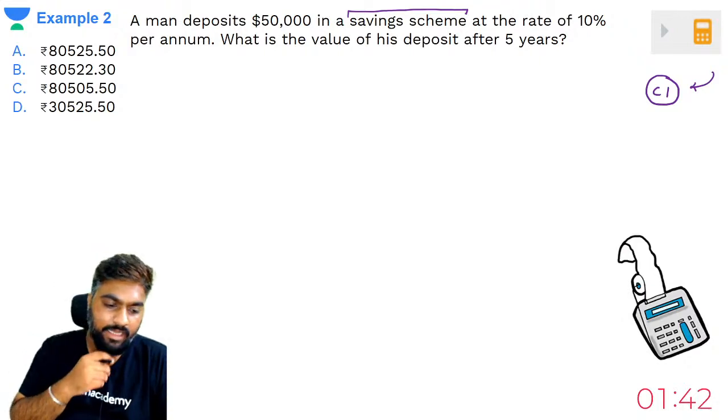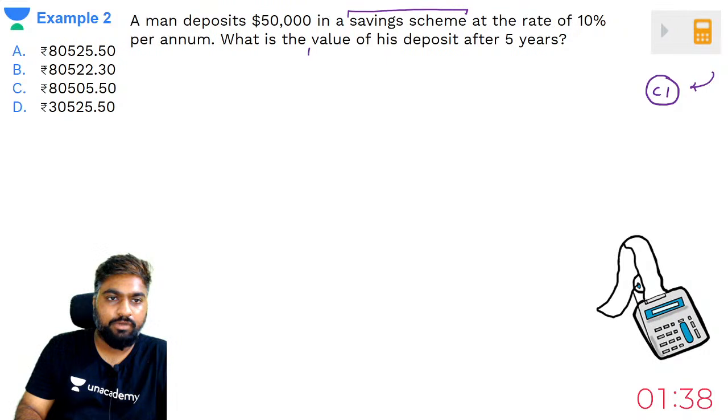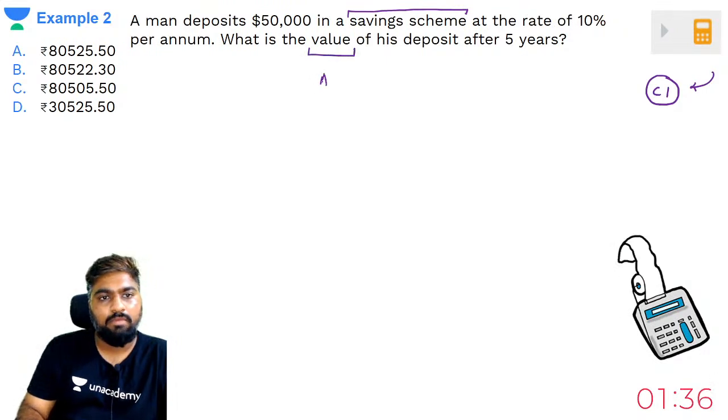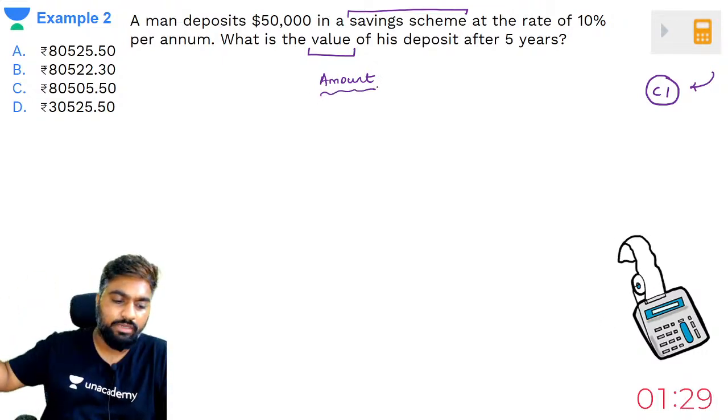अमाउंट निकालना है। हाँ पंकज, अमाउंट निकालना है। व्हाट इज द वैल्यू ऑफ हिज डिपॉजिट? वैल्यू कितना है मतलब अमाउंट कितना है ना। वो डिपॉजिट बैंक में पड़े पड़े इंक्रीज होके वैल्यू निकलता है ना।